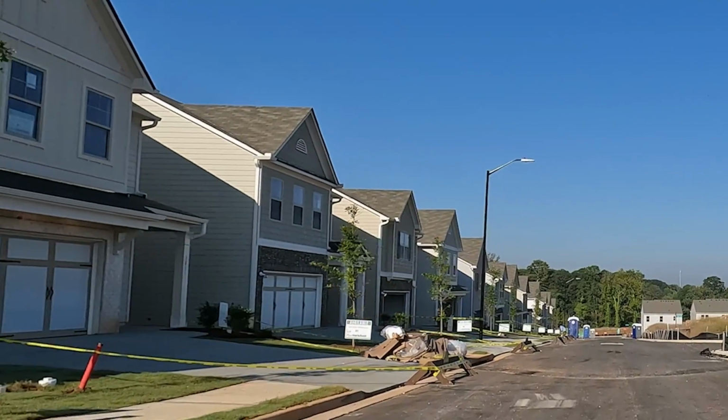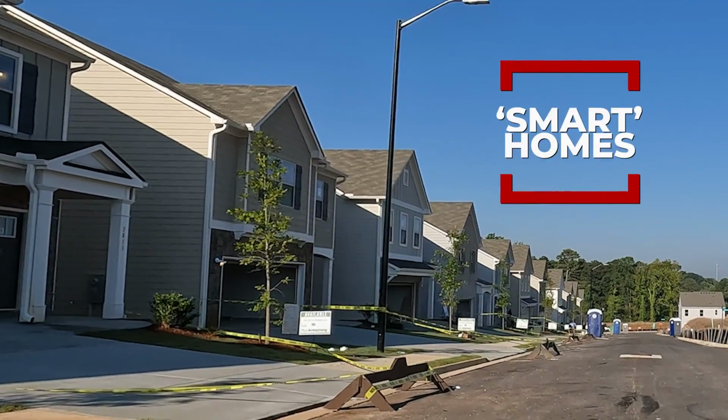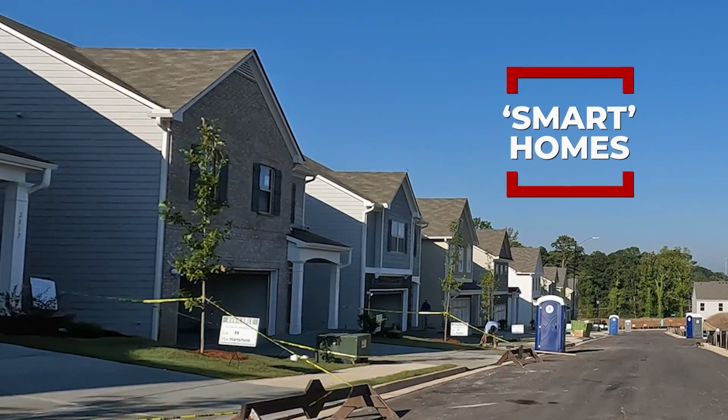And that's exactly why people don't know the difference. Performance-built homes and smart homes are not the same thing. We're cautious about any smart home systems, and here's why. The Internet of Things, as it's often called, whether it be this simple webcam that I'm looking at that's connected